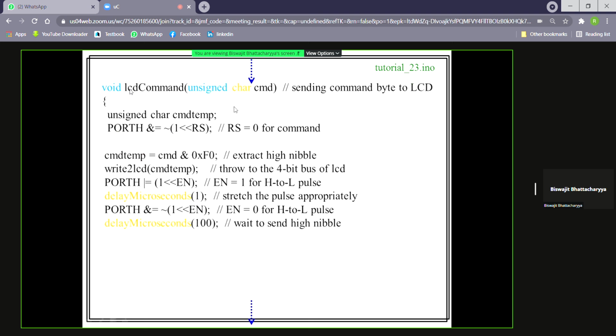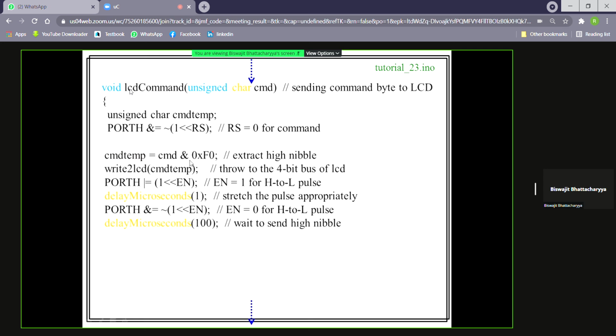When we write any 8-bit hex number, or 1 byte, the upper 4 bits will go first, then the lower 4 bits. How? It is an unsigned char. We are making RS equal to 0 here for command. Then it is ANDed with F0X. The higher nibble is extracted.